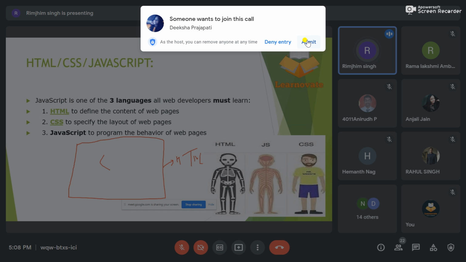And the way we define all the elements inside it, for example the coloring of the buttons, how our buttons should look, what the sizing of my buttons should be, where all the number keys should go, that is CSS. And to give the calculation part to my calculator, for example how I'll be declaring variables, how I should give an addition to my program, for that I'll be using JavaScript. So I hope the distinguishing part is clear to everyone, okay?